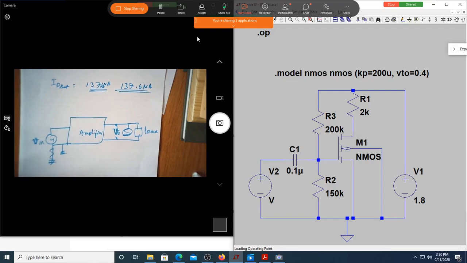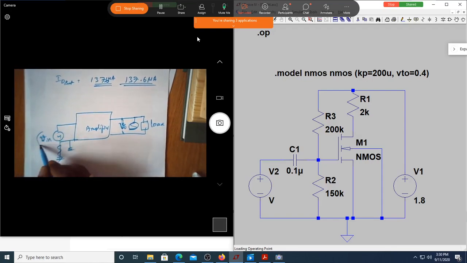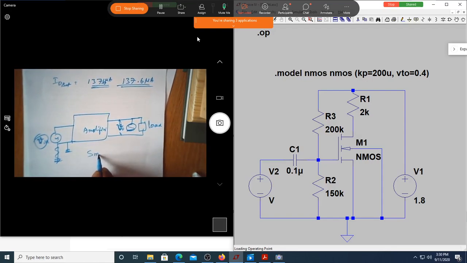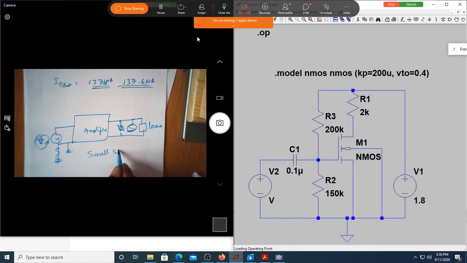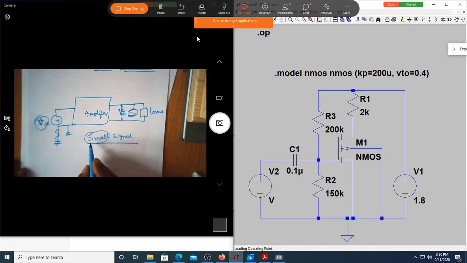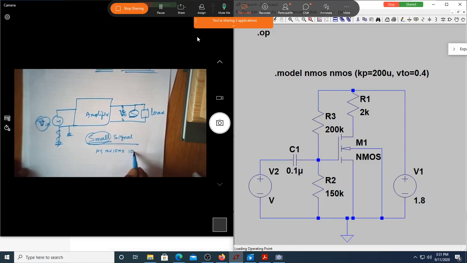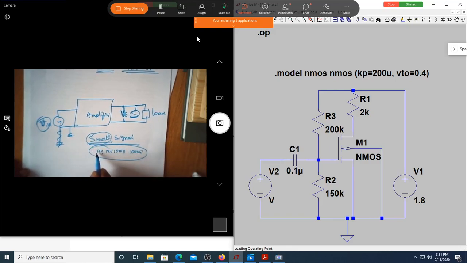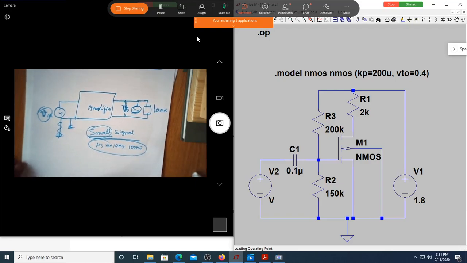Why I am writing small is because we call this a small signal. What do you mean by small signal? The entering amount of signal is less, which has to be amplified. Correct. The signal which is small is called a small signal. As simple as that. If the signal is more, it is called a large signal. A small signal may be in terms of microvolts, millivolts, tens of millivolts or hundreds of millivolts. This is the range of input signal.